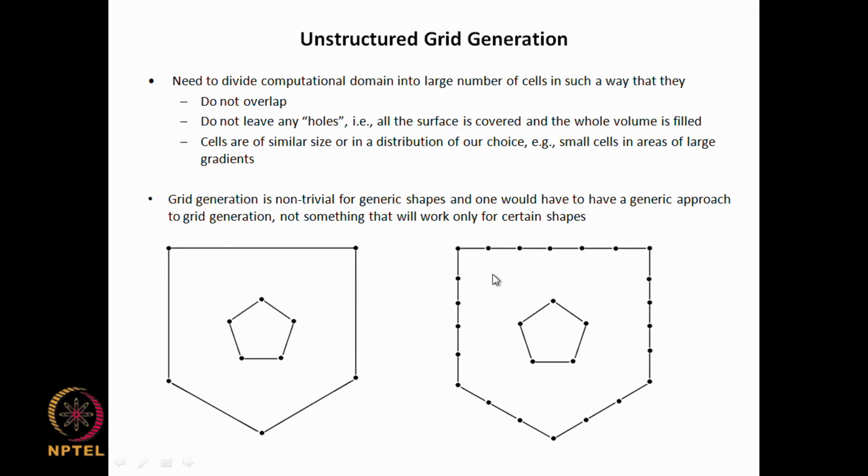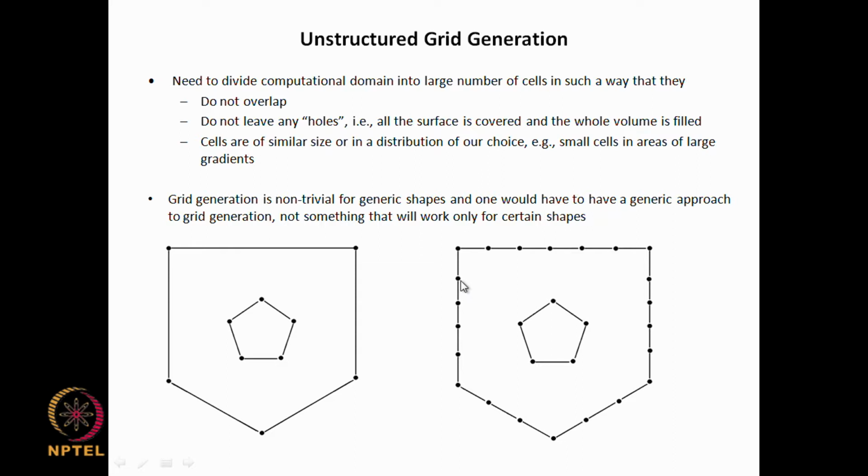Okay. So, now how do you fix the interior points? The interior points should be fixed in such a way that there are points all over the place. So, over the entire computational domain we should have those points, and these points cannot be in haphazard locations. They should be roughly of equal distance from each other, and obviously they should not be very close to the surfaces, to the boundary surfaces, because if you had a point here and then if you joined it